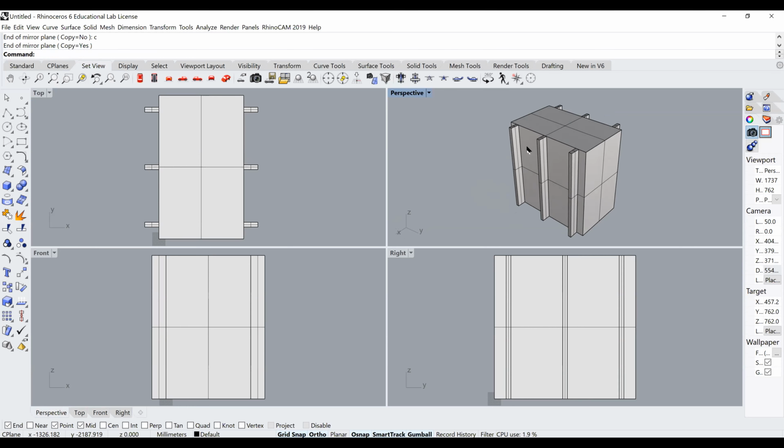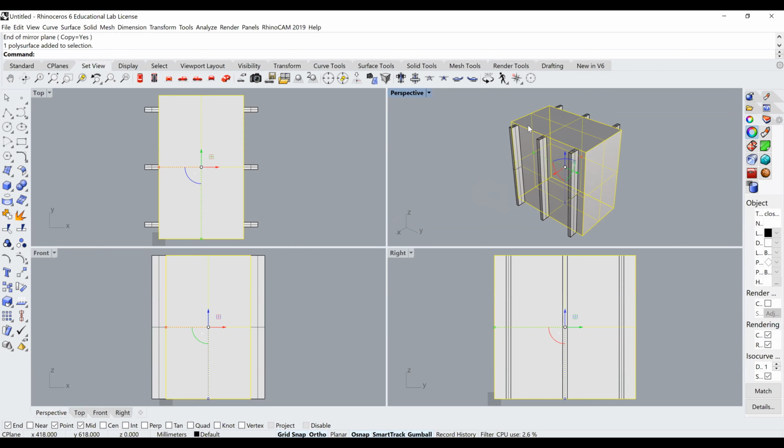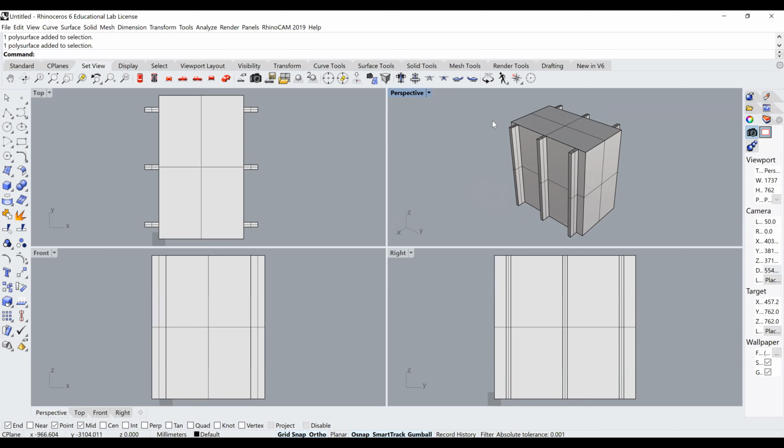So one thing that we have are these curves that go through the midpoint of each one of these B-reps. These are called ISO curves. We can't select them. They're just simply for our reference. But if we want to turn them off,